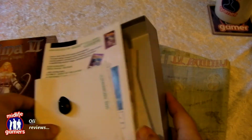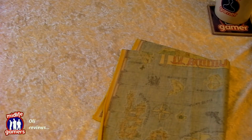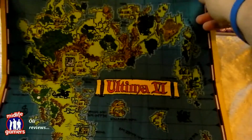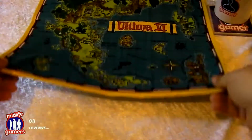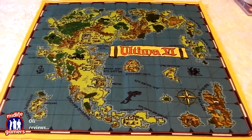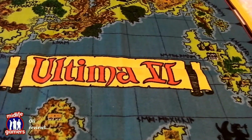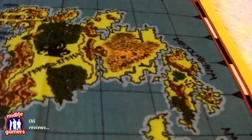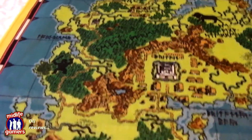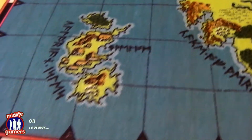Let's get everything back into the box, and then have a look at this beauty. So this now is Ultima 6. I think this cloth map is the one that really pops the most. I mean, look at the vibrant colors. This thing is over 20 years old. 20 years, and it still looks like it's brand new. Just look at the close-up, the colors and the quality. Absolutely amazing. It just looks stunning for the age that it has, and yeah, I'm very glad to have it. So this is Ultima 6,